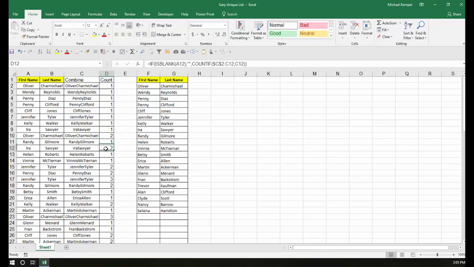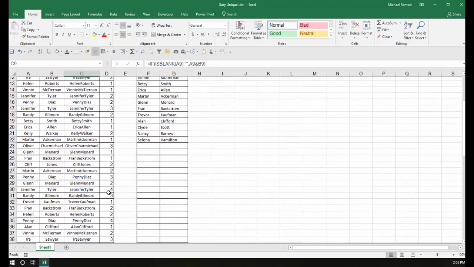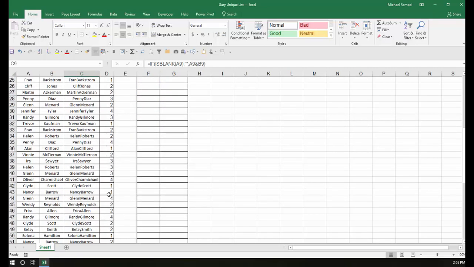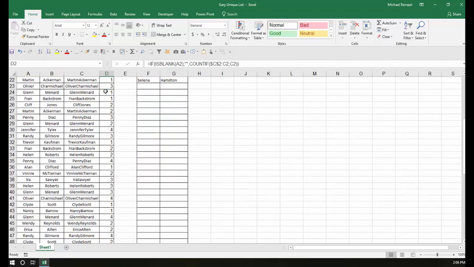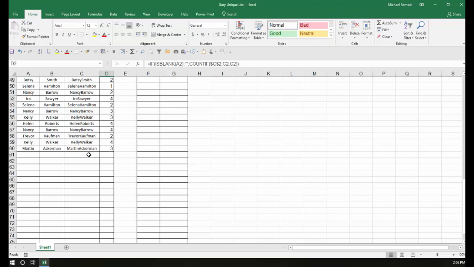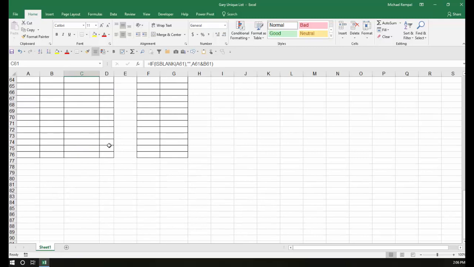Same thing with Iris Sawyer. I get a 2 in cell D12 because I have Iris Sawyer in C12 and in C9, and etc. As you can see, it goes down. There's some 2s, 3s. I even have some 4s in here where people have appeared that many times in the list. Notice I also included an IF statement with an ISBLANK to ensure that if I added more names down here, this would calculate, but without them, it would just give me blanks both in column C and in column D. So that just kept the bottom part of my list clean,